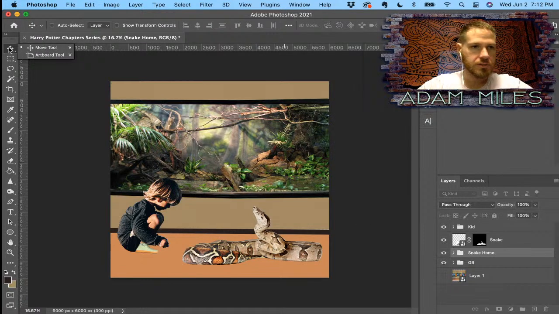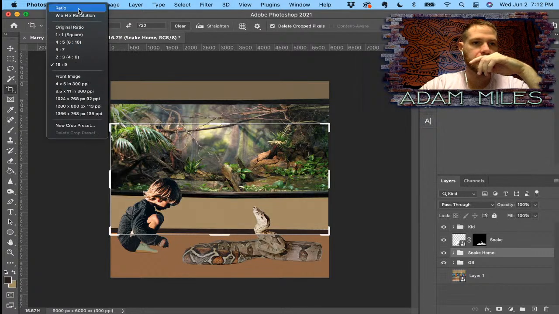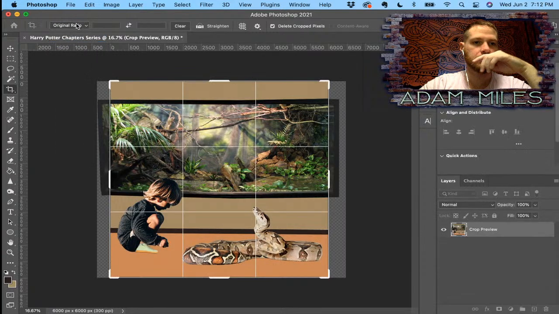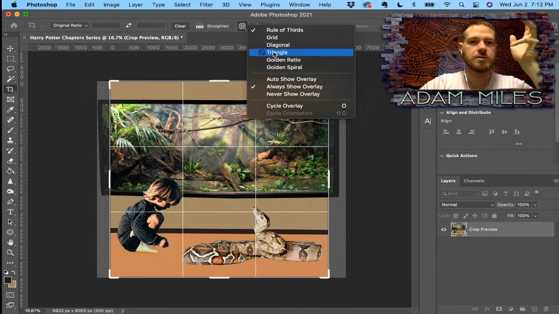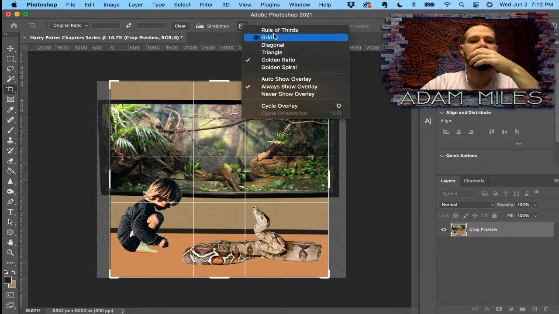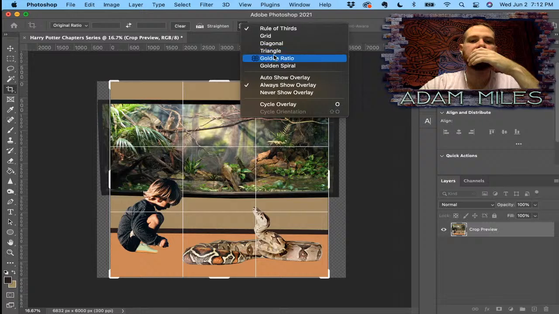Let's see here. I'm gonna crop. I'm actually gonna keep original, which is 1-1. But instead of the rule of thirds, I'm gonna look at the golden ratio. And so what's that versus rule of thirds? The rule of thirds is basically a simplified version, even though